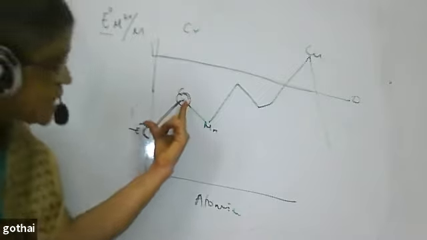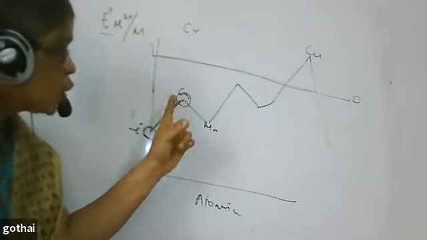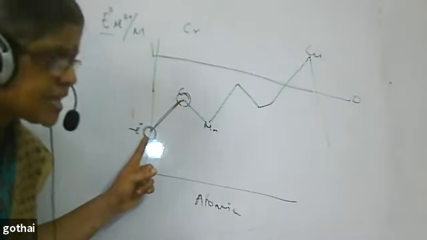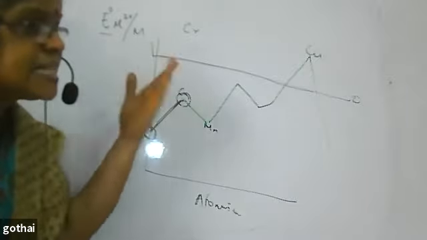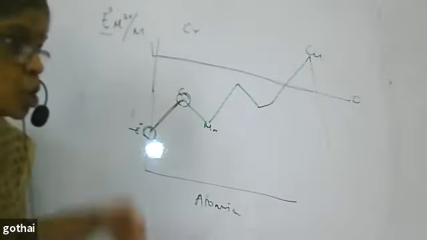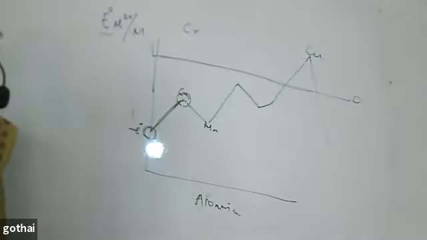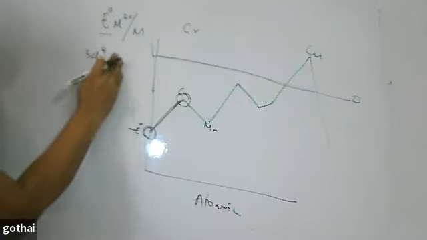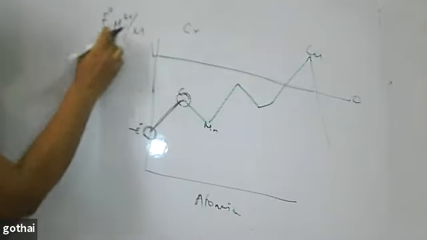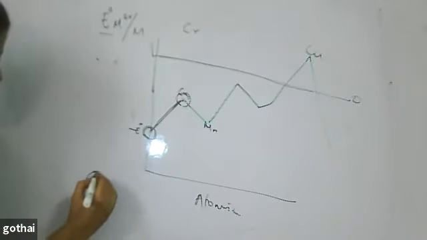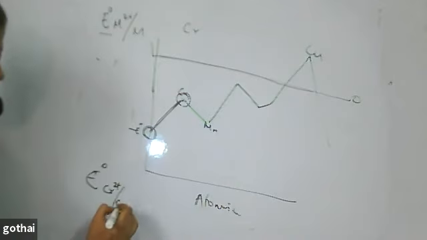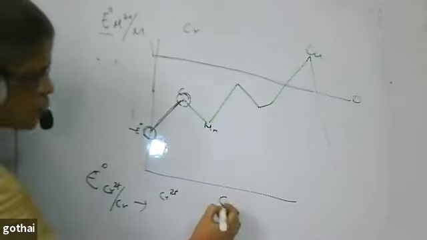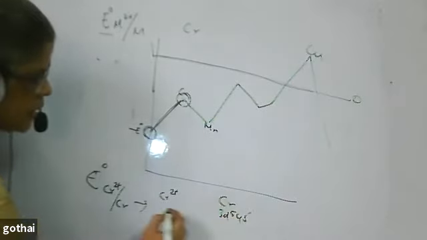When I compare these two, chromium is acting as a very good oxidizing agent, whereas this is acting as a very good reducing agent. When there is an increase in the number of electrons in the d orbital, losing all the 3 electrons will be very difficult. If I talk about chromium, it will be 3d4. Take E0 of Cr2+/Cr. Cr is 3d5 4s1, and Cr2+ is 3d4.